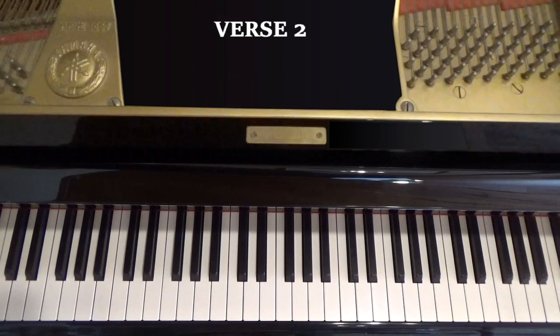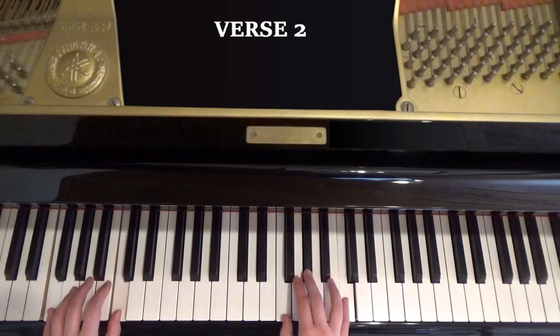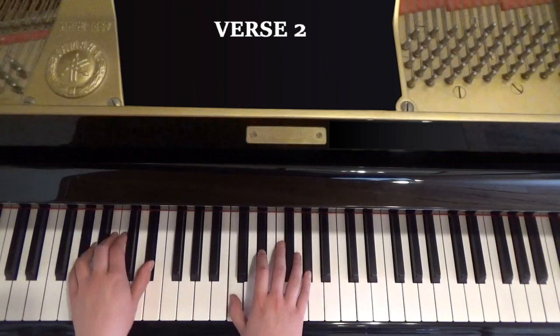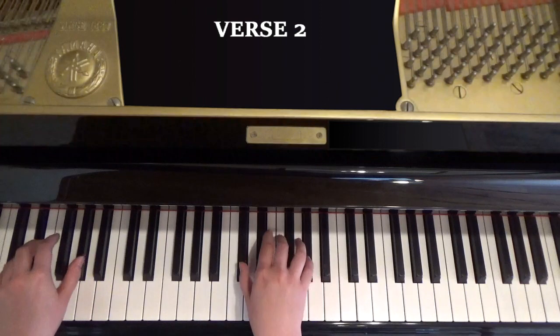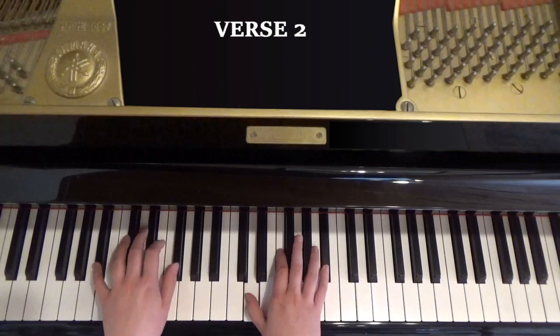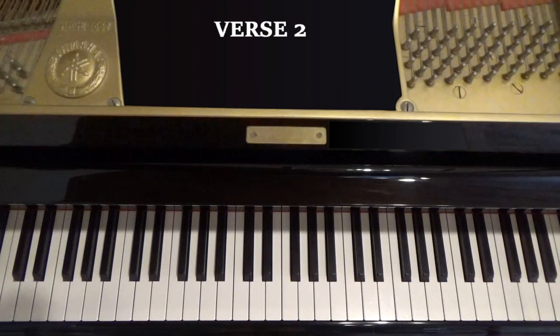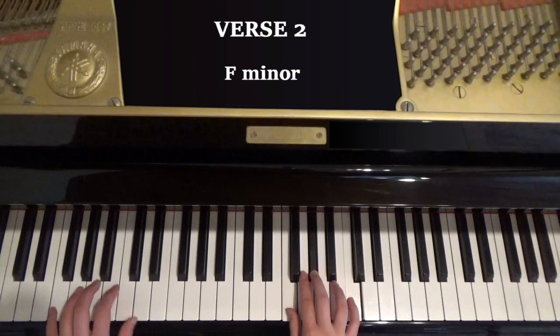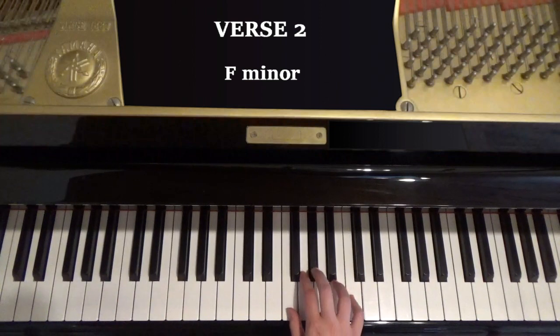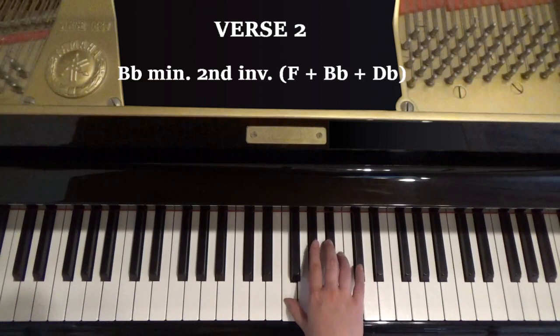Now we're moving on to verse 2, so if we take that from the last note of the chorus, it should sound like this. Let's look at the right hand first. If we take it from the last chord of the chorus, you hold that as you wait for the left hand to go. And then you do this, which is B flat minor, so F, B flat, D flat,